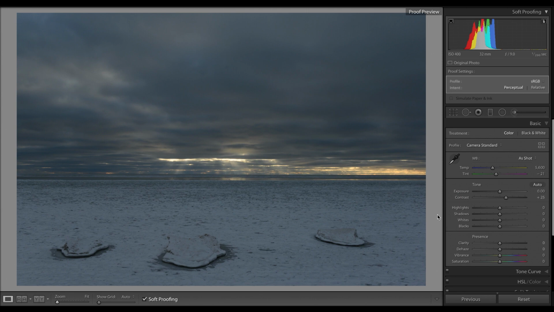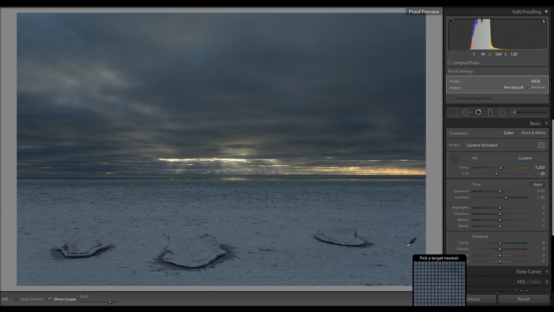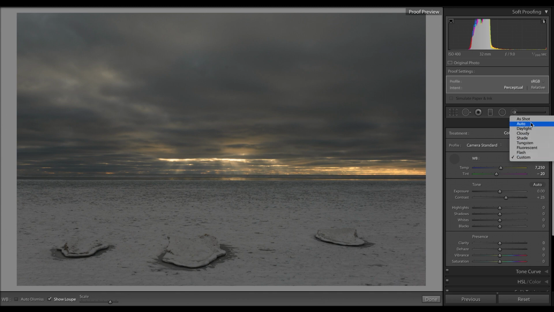Here we're looking at snow, so I'm going to press W to bring up the dropper tool and see if I like it when the snow is actually neutral. You can see by comparing to the edge here that the snow is actually pretty blue starting out. I'm just clicking a spot, and you'll notice all the colors and even the histogram changes when I select that white balance. I actually think I liked it better before, so I'm going to go back to As Shot